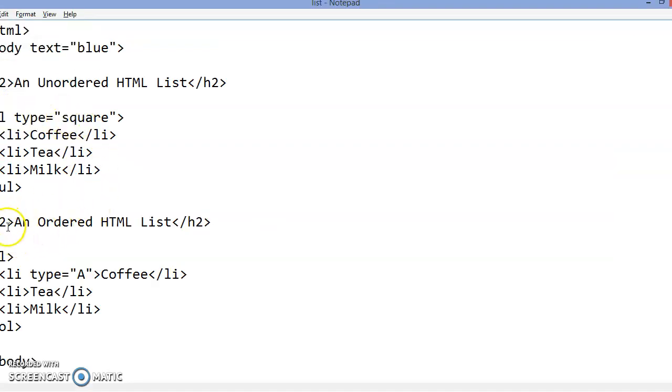Suppose you want to change the color of this H2, font color equal to red.